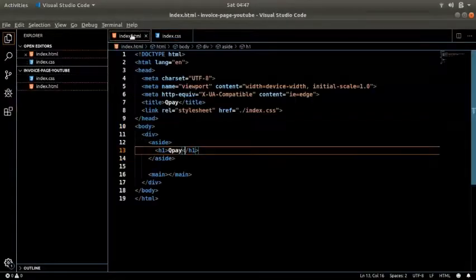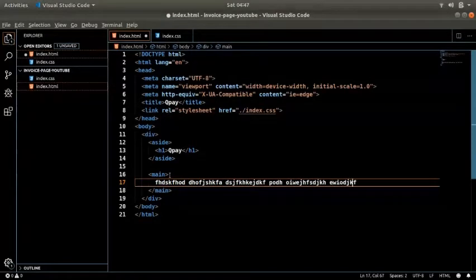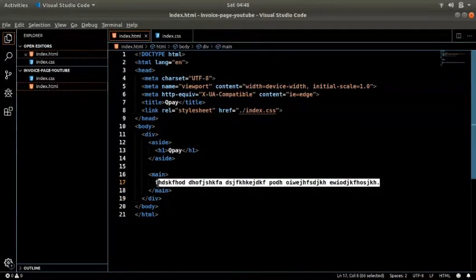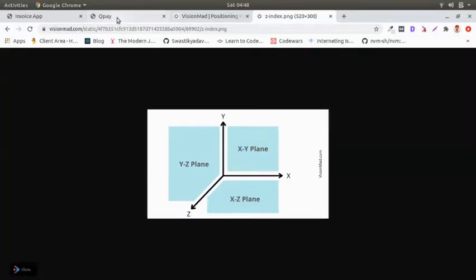For example, if I just type something over here, anything gibberish, and just type long enough that we can see it, you see only half of it shows here because the other half is hiding behind this thing. So that's how it works. It came above the page on the z-axis. So take help of this diagram, it will let you know how it's working. Okay, so we have QPay,